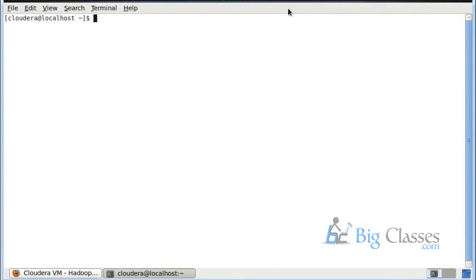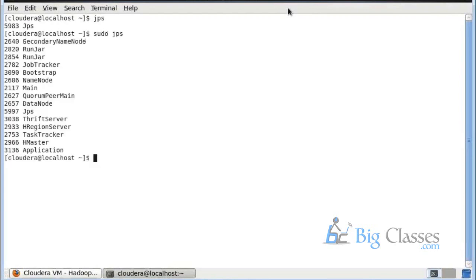Similarly, we also have a web interface. There's no need to go for the command line. From there, you can open the data and do other things also. I'm executing the command sudo jps. What is this sudo jps command? I'll explain in class what these basic commands are. This is just going to give you the status of your Hadoop